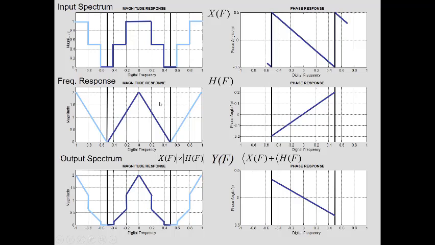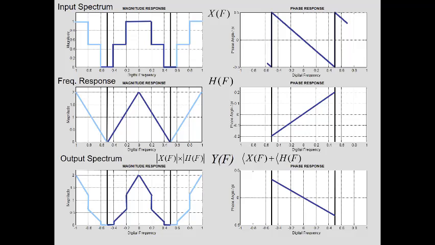frequency by frequency. So we would take the magnitude of the input spectrum, multiply it by the magnitude response values for H of f, and get the spectrum content magnitude of the output signal. Similarly, because we're multiplying complex functions, we would take the phase angle of the input signal and add to it the phase response of the discrete time system, and the sum of those angles would be the phase of the output